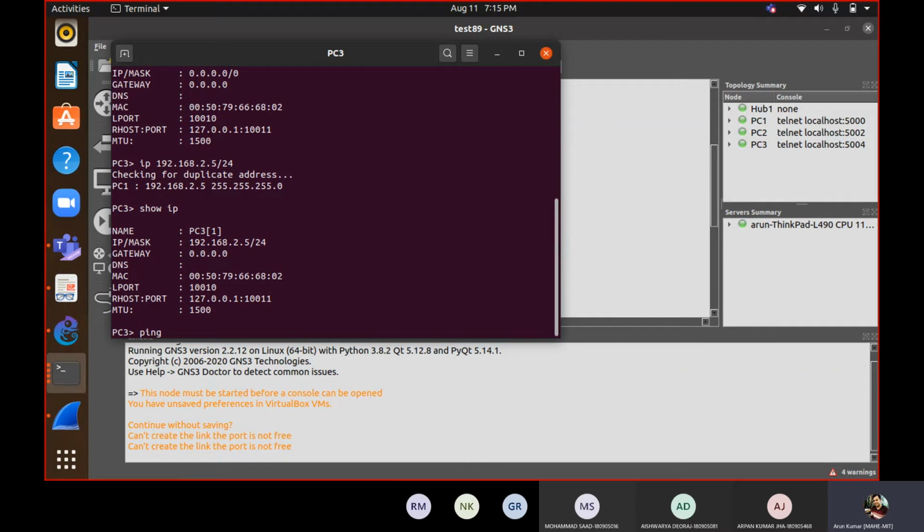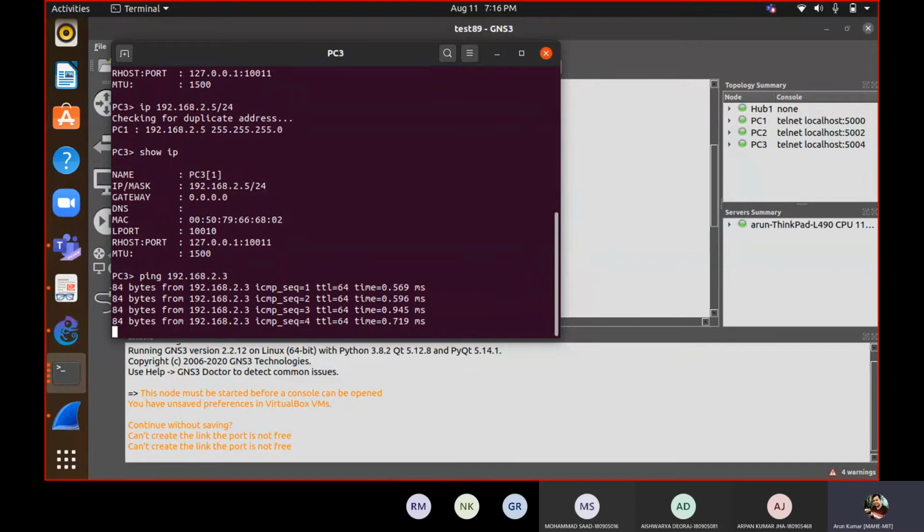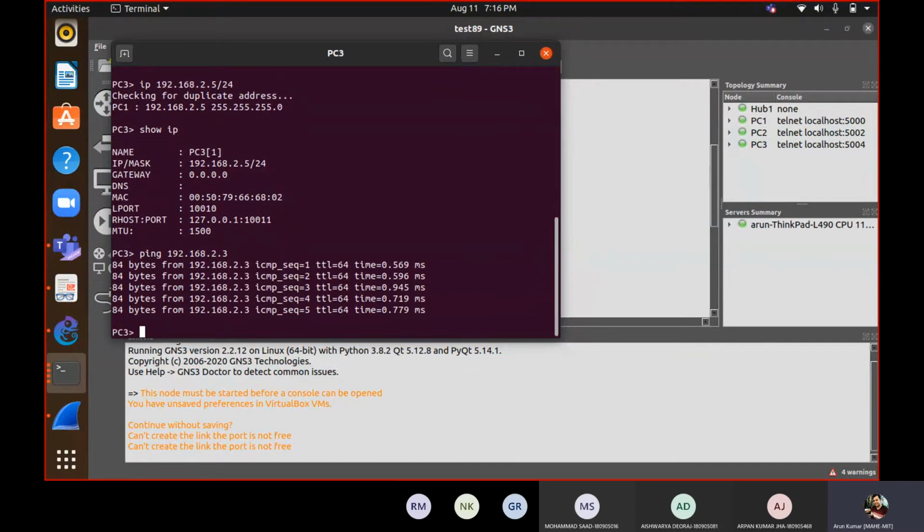We will check one by one whether our hub is working or not. So we are connecting with .3 first, 192.168.2.3. Here there is connectivity, no issues. We can also understand that if our packet is reaching .3, the packet is coming back also from there.